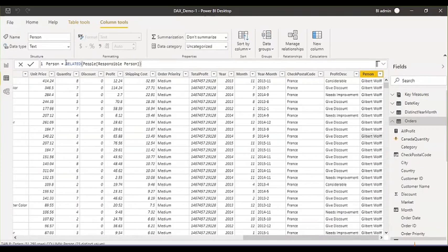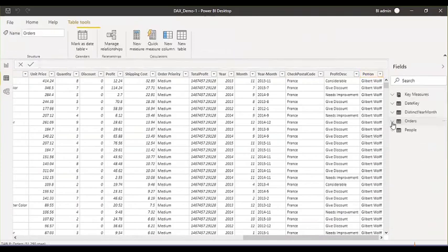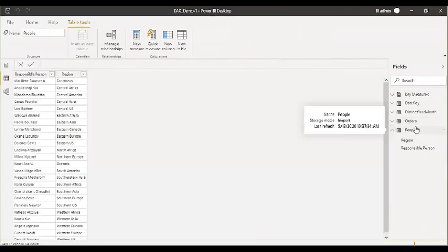Okay. Now in case you want to perform any aggregation, if you want to calculate any value along with checking the data from another table, right? So for example, in this People table, I want to count total orders for each region. Okay, I want to show the total orders for each region here in this table. So how can I count the total orders in the Orders table and pull it here? For that, we can use another function, that is RELATED TABLE. So the function name is RELATED TABLE. The one we just created was the RELATED function. Now we are going to see the RELATED TABLE function. So create a new column in this table.